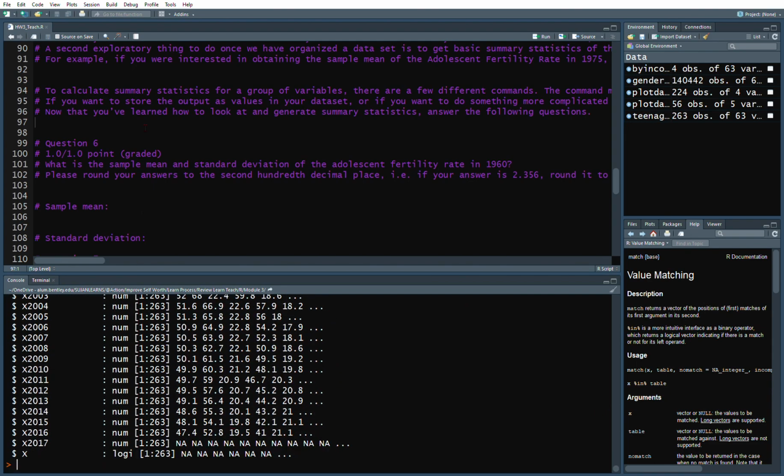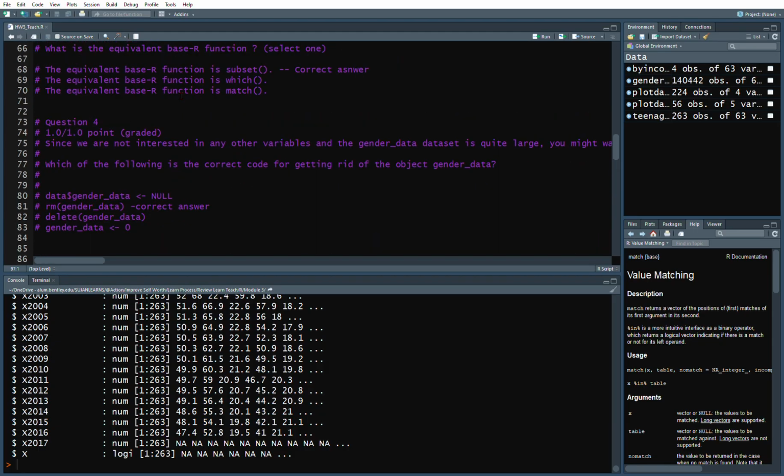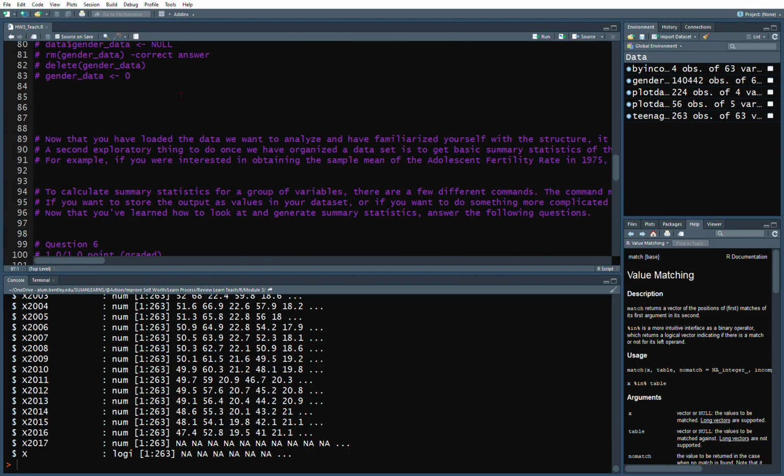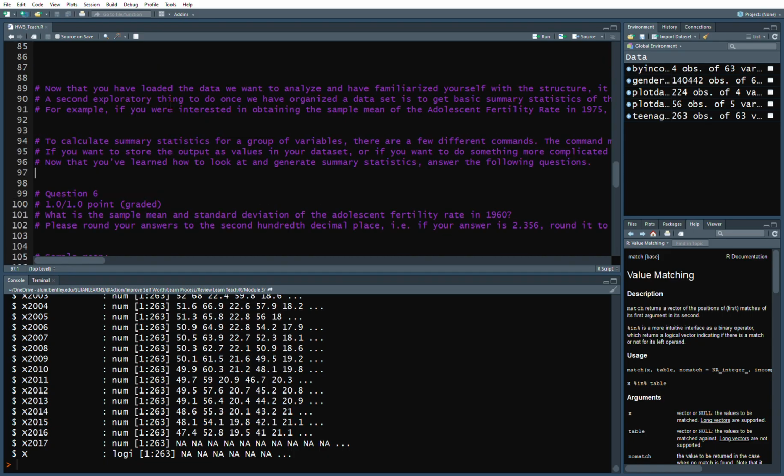We want to calculate the mean of this data